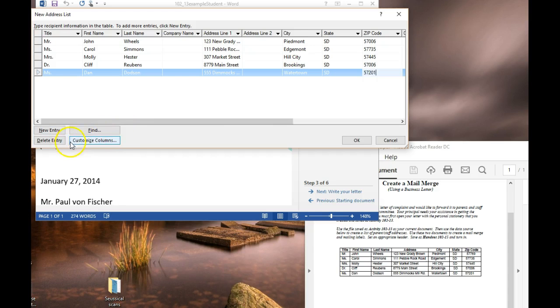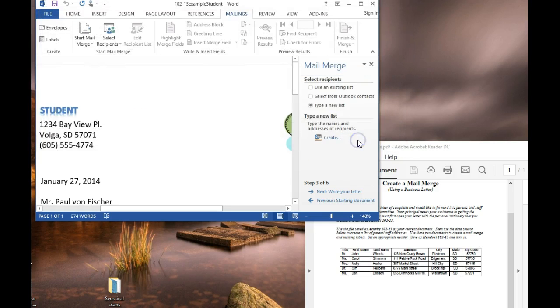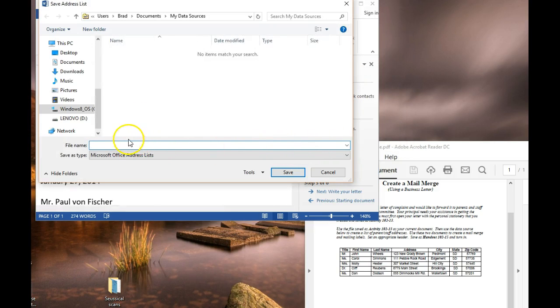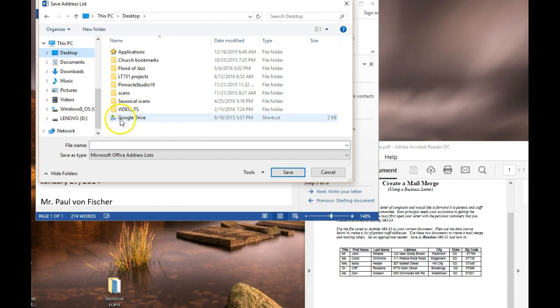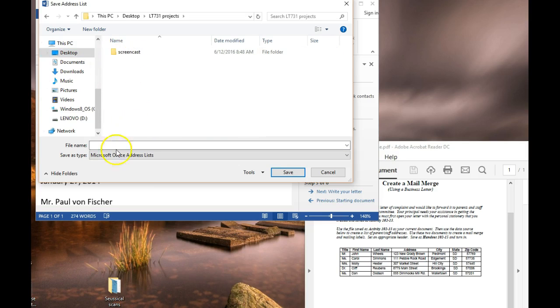And now I've entered all of these, and I hit OK. And you'll see a new one pops up, and it's saying, well, where do I want to save it? I'm just going to save this to my desktop, but you should save it to your Google Drive. And where are you going to be saving it? I'm going to be saving it into this LT731 projects and screencast,